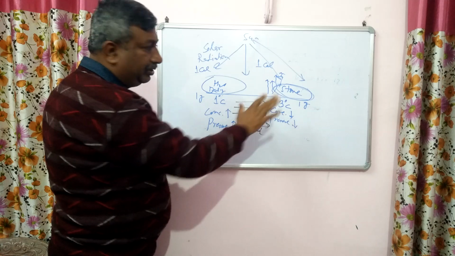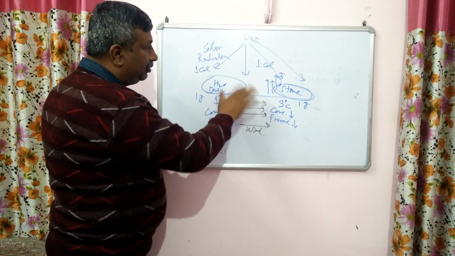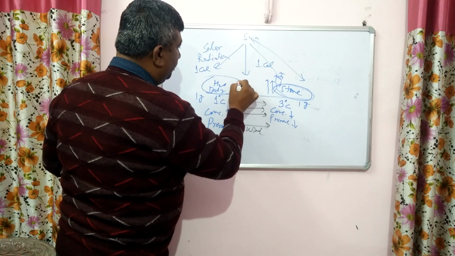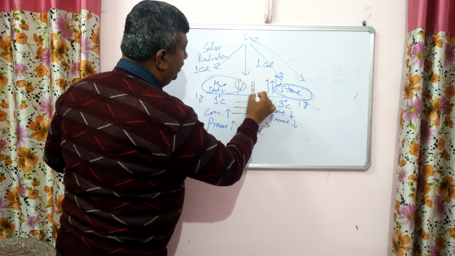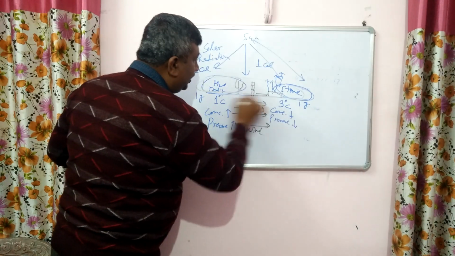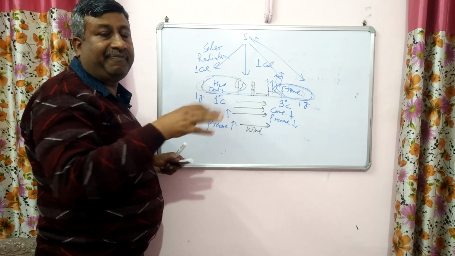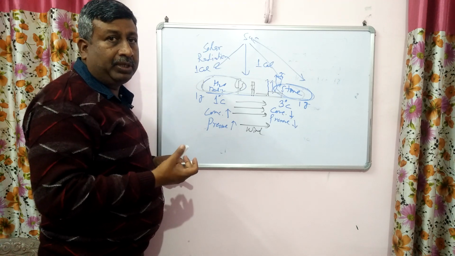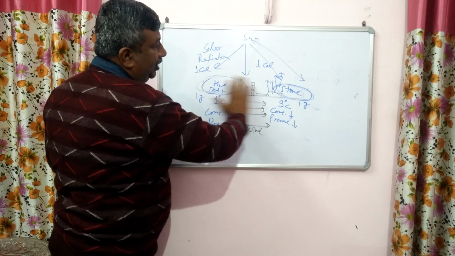So this is the difference in water body and land. Suppose there are different types of substances. Suppose there is vegetation, suppose there is a building, and suppose there is a road. Suppose there is a field. So in every part, heating will be different because every object is made up of different types of substances which have different types of specific heat, and because of this different specific heat, there will be differential heating at every part.